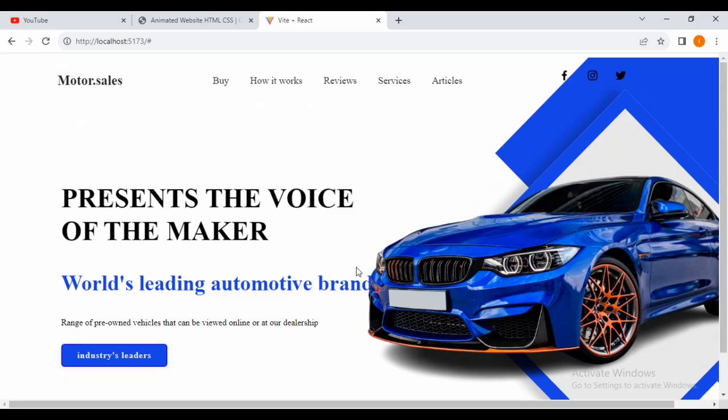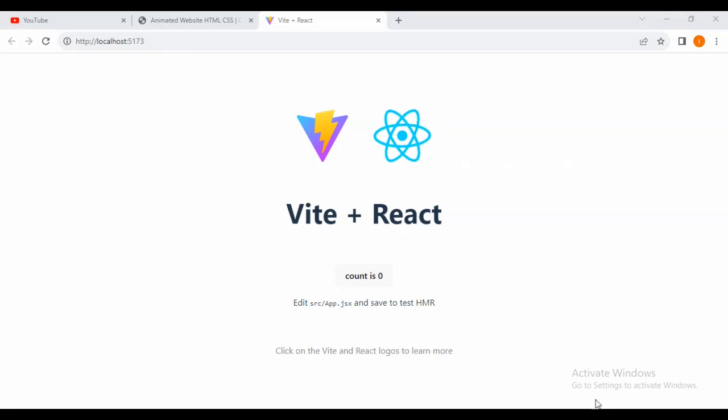So without wasting your time, let's get on to the project. I've got this Vite app that I've already installed, so you can just simply follow. If you don't know how to create a simple Vite application, look into my playlist that I placed in the description. I've already done it ahead of time to save time. So what I'm going to do is that inside